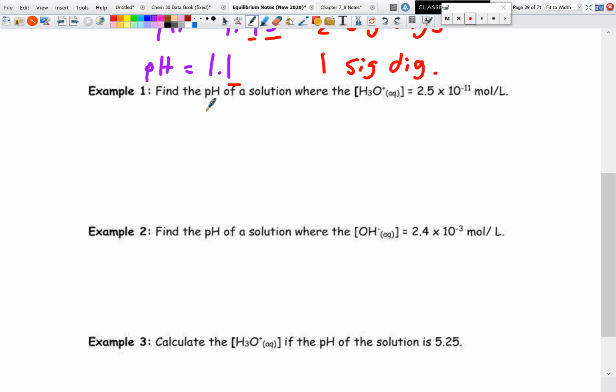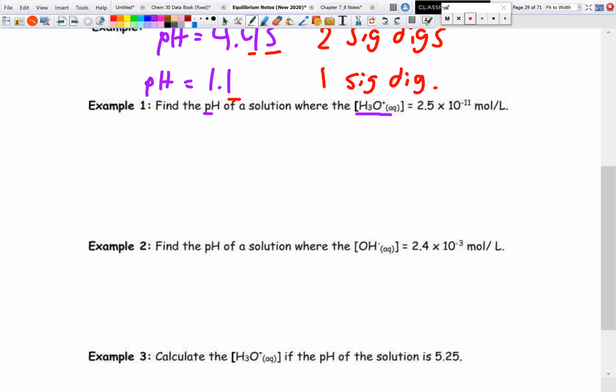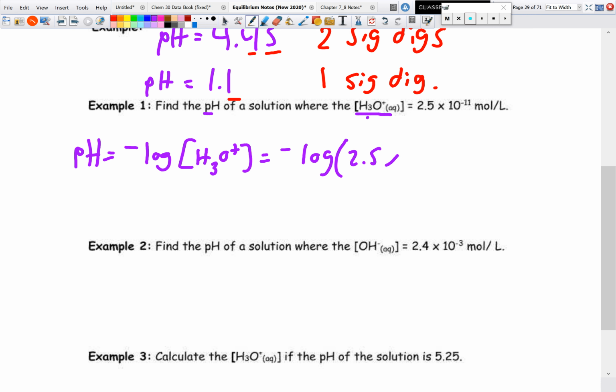Some of them are going to be pretty straightforward. When we start off with example 1, we have: find the pH of a solution where the concentration of hydronium is 2.5 times 10 to the power negative 11 moles per liter. We have pH and hydronium, two of these match, so it can go into the equation pH is equal to negative log concentration of hydronium. So that is equal to negative log 2.5 times 10 to the power negative 11, and we end up getting an answer of